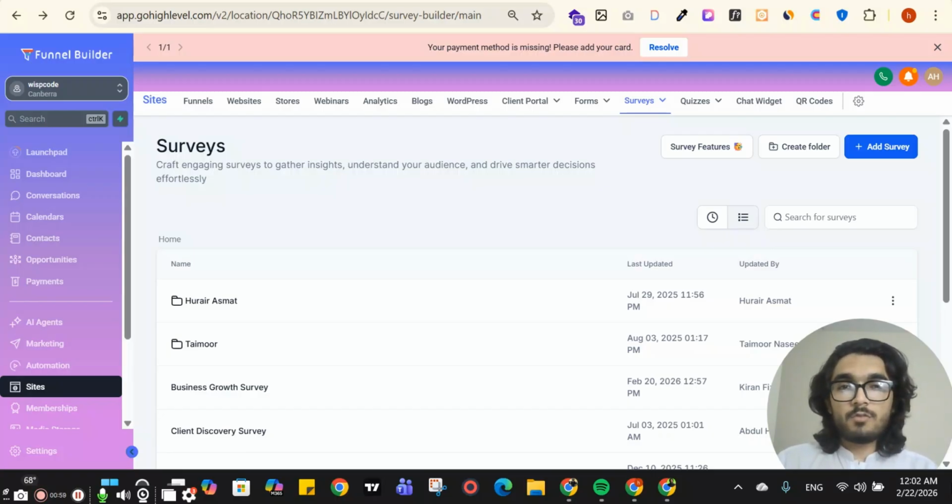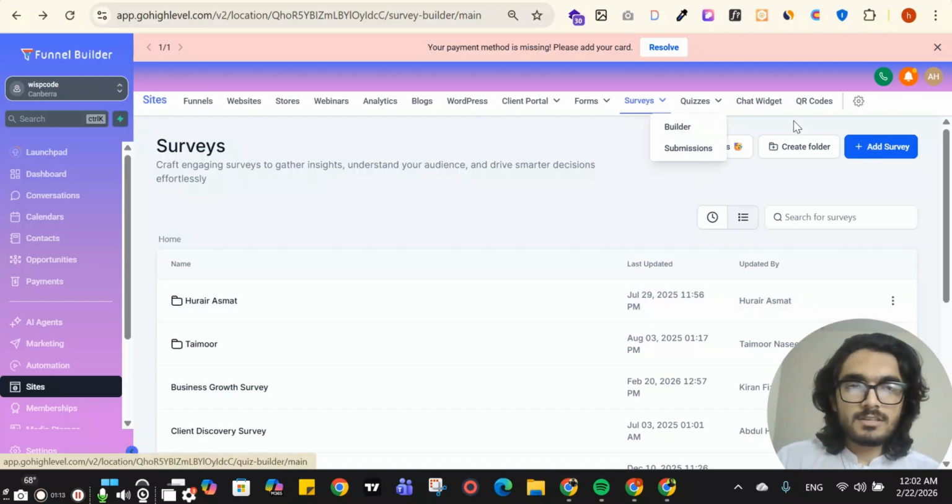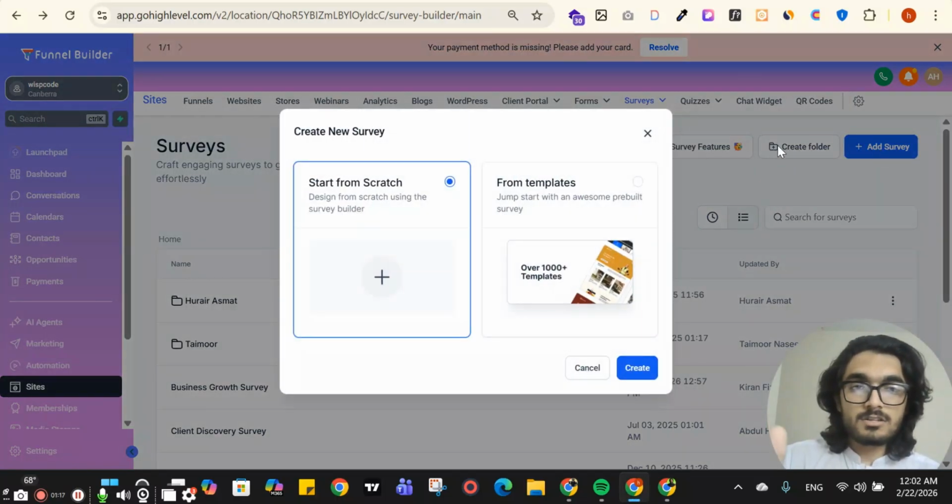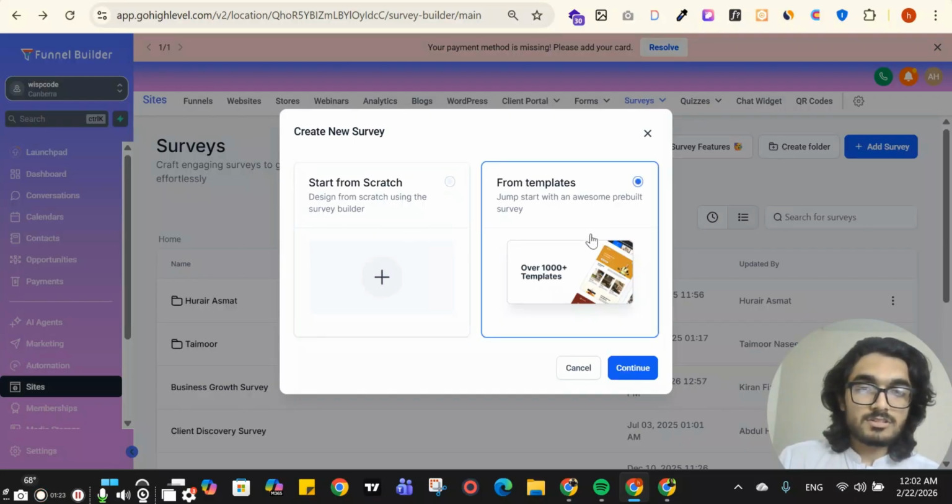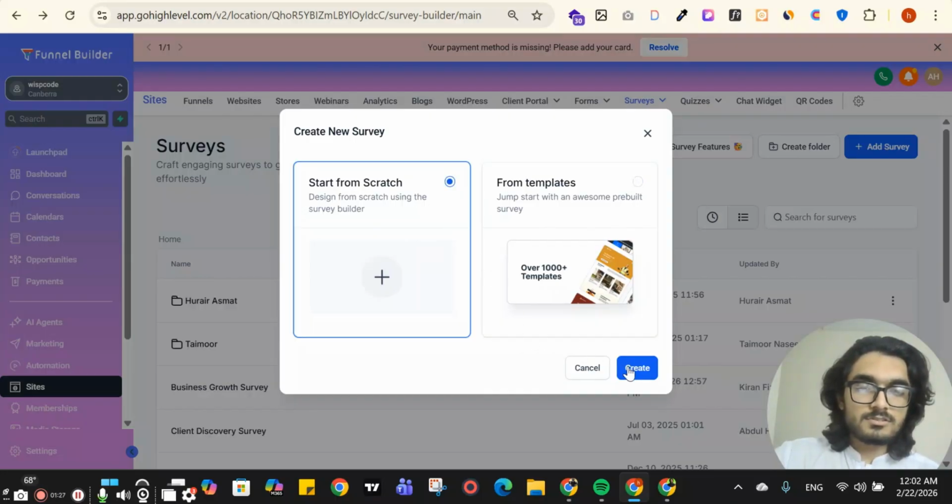So let's see how we can create the survey inside GoHighLevel and add it inside your funnel. Everything is similar to the forms, but there are still a few differences. So let's start the survey. You have to go to Surveys in the Sites section of GoHighLevel and click on Add Survey. Similarly, you can create a folder and add all the surveys inside that folder. Click start from scratch or from a template. You can select a template, but for now we can start from scratch. So click on create